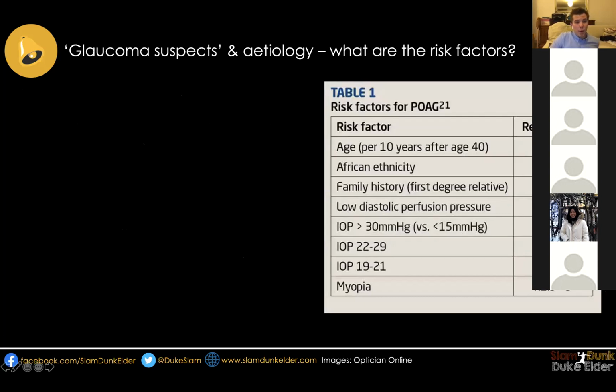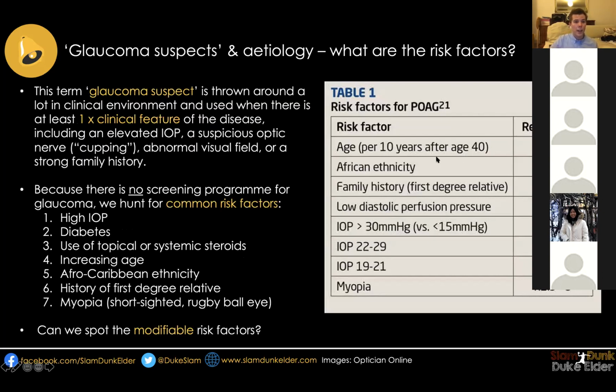Another term that usually gets thrown around a lot is glaucoma suspect, okay? This is basically a pre-glaucoma state. As ophthalmologists, we try to capture people who are high risk for developing glaucoma, okay? There are a few risk factors that you should know about, okay? And these people who are high risk for developing glaucoma, we call them glaucoma suspects. Or if they start to develop any signs that are consistent with a potential diagnosis of glaucoma, we might call them a glaucoma suspect. For example, if they start to develop cupping features or a larger cup, or an asymmetric cup compared to the other eye, then we might call them a glaucoma suspect, but they might not have any